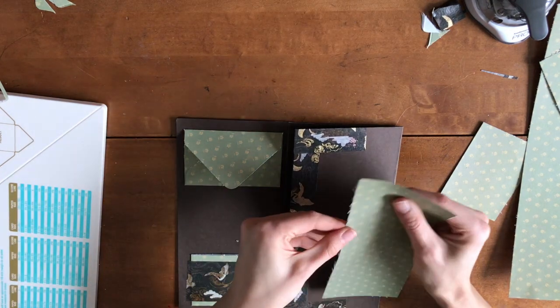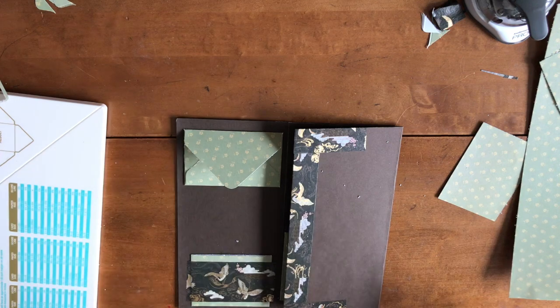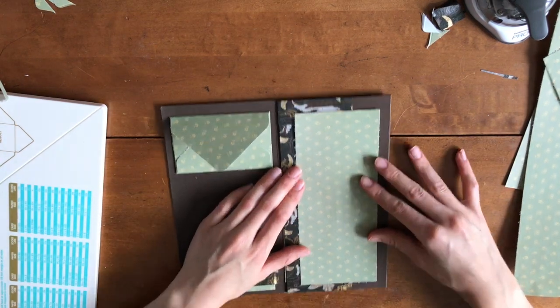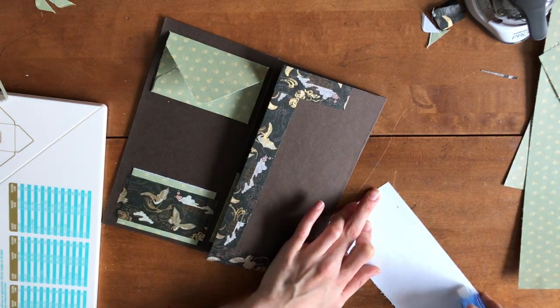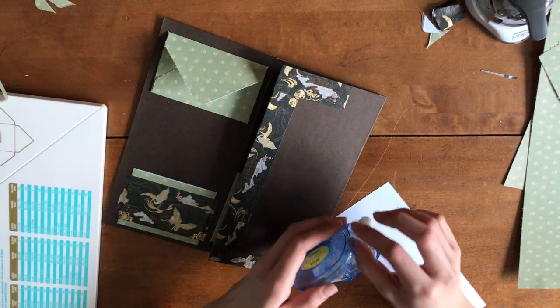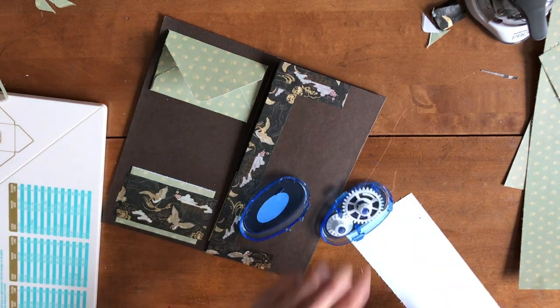Oh gosh, I really need to get a new blade. This is getting kind of annoying. I dropped it again. It's fine. There, I like that. So I'm gonna tape this on. Darn it. Oh, I'm on my last roll. This sucks. I literally just bought this, but I love this glue so much that I'm